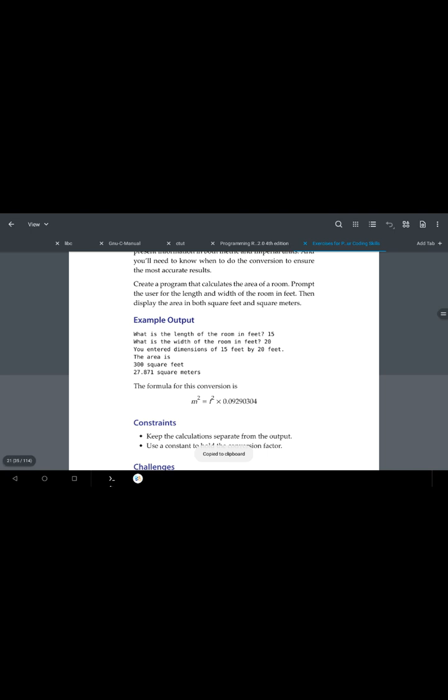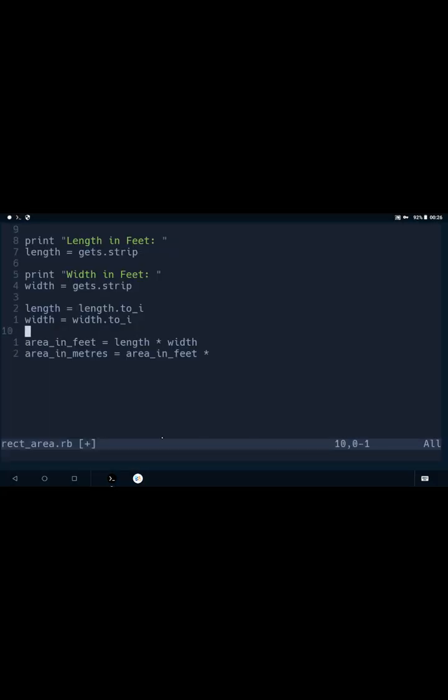So copy. All right. So where should I have my constant? I think here. I'll just add it here. I don't know if it's the best practice, but I'll just add it there. Just like I named it in the C code, I named it feet meter ACF, area conversion factor. So I'll give it the same name here, all caps: feet to meter ACF, the feet to meter area conversion factor should be equal to,